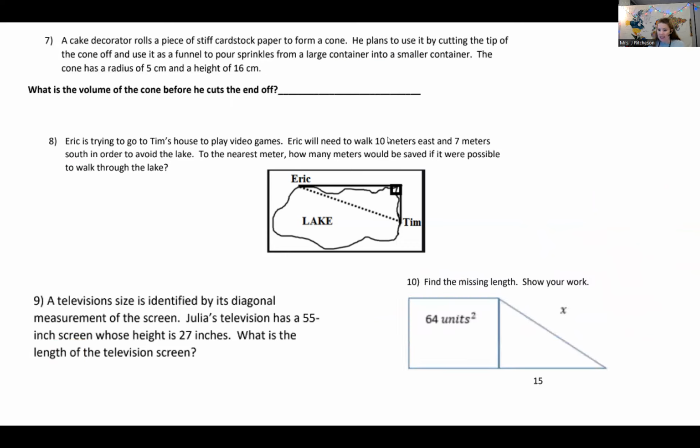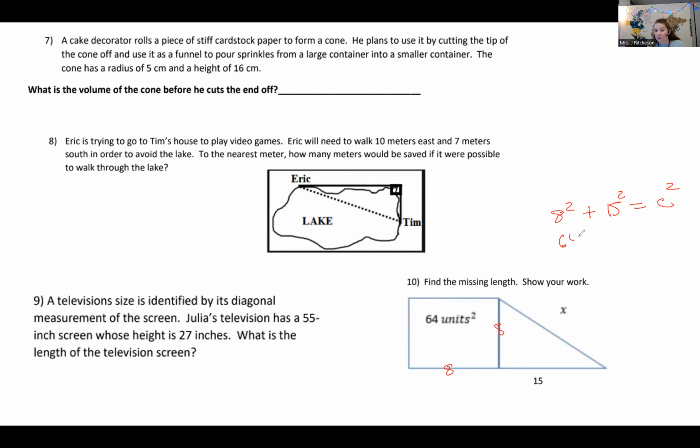Number 10, we're finding the hypotenuse of our triangle, right here. So we're given one side length, and the other side length is the square root of 64, because this is supposed to be a square. I know it looks like a rectangle, but if this is a square with an area of 64, each side length of the square has to be 8. 8 and 8 to make an area of 64. So we're going to use 8 squared, which is 64, obviously, that's what it says,